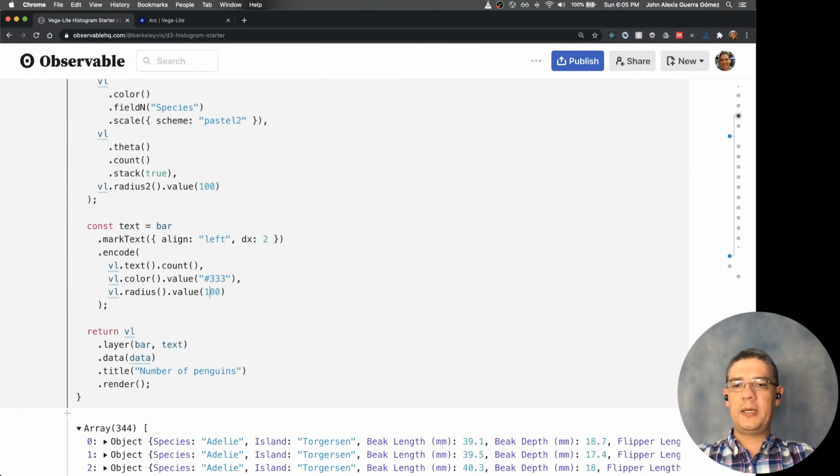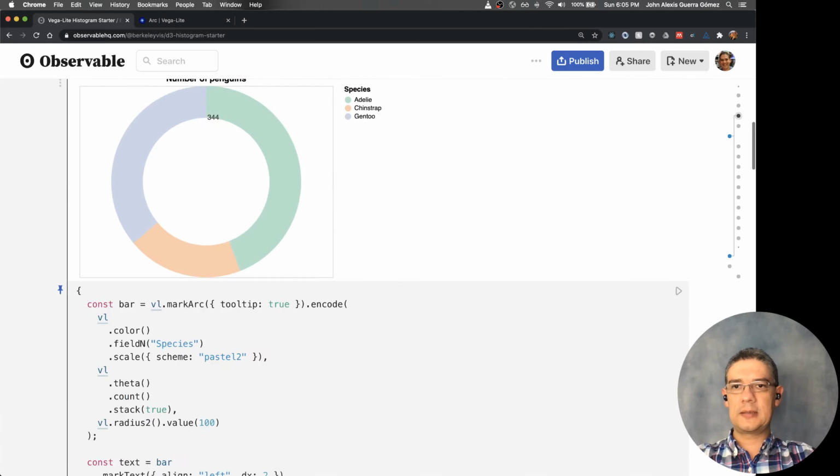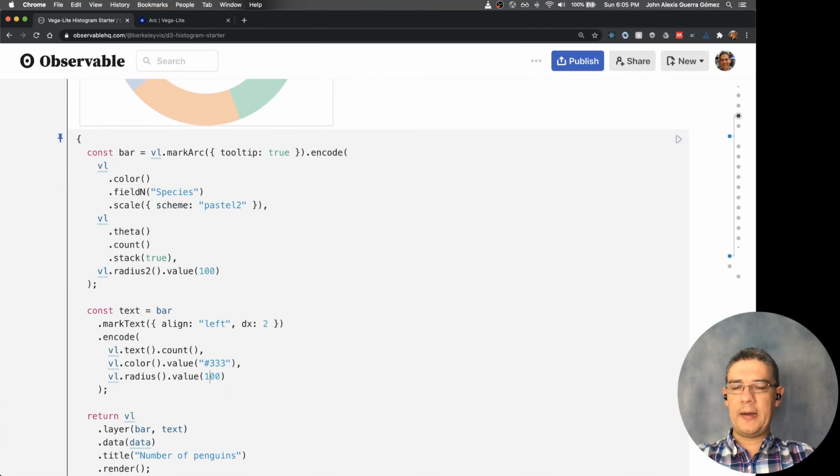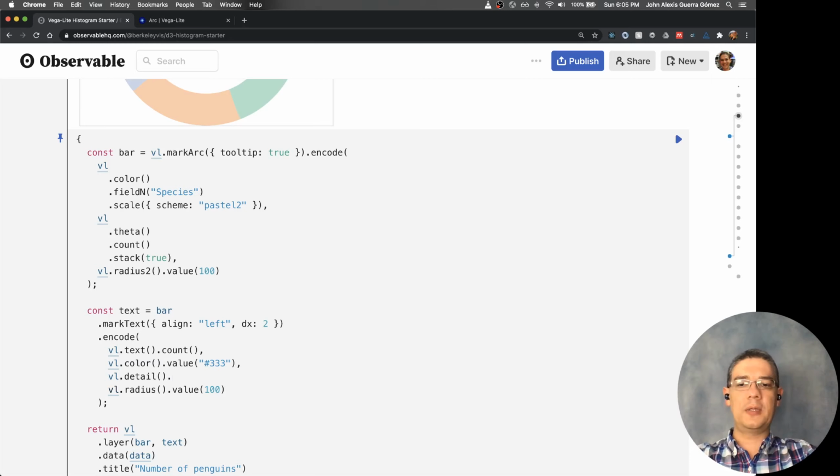Maybe it was too big. What about that? That's a little bit better. And then I think this is only showing me one, so I still want to break this into one for each of the elements. So I'm going to say that the detail is going to be using... in this case actually it's not really going to reuse any of the elements, and the reason why it's only showing one